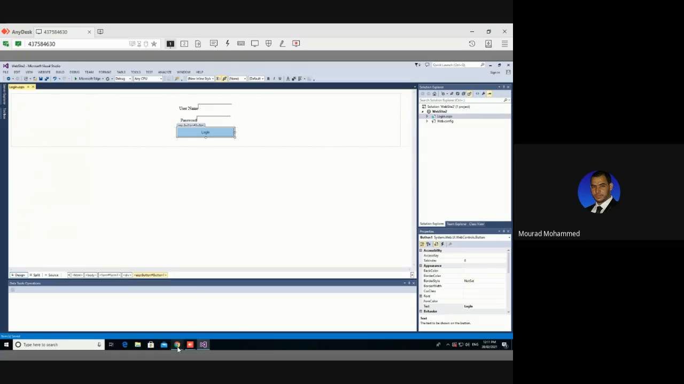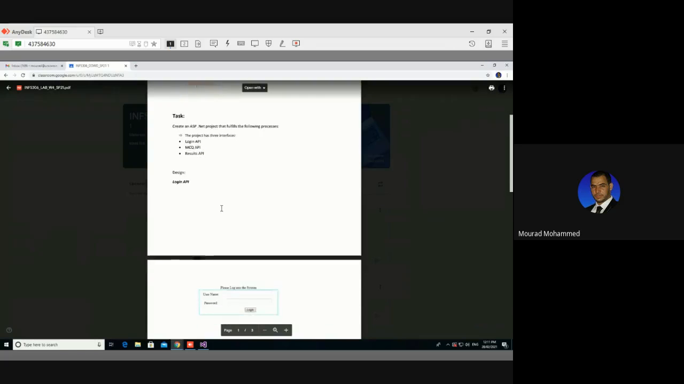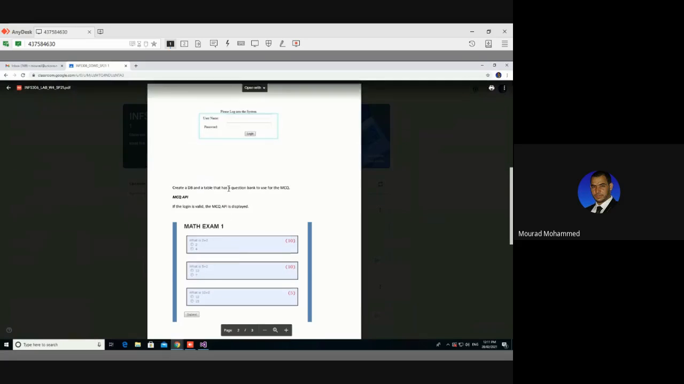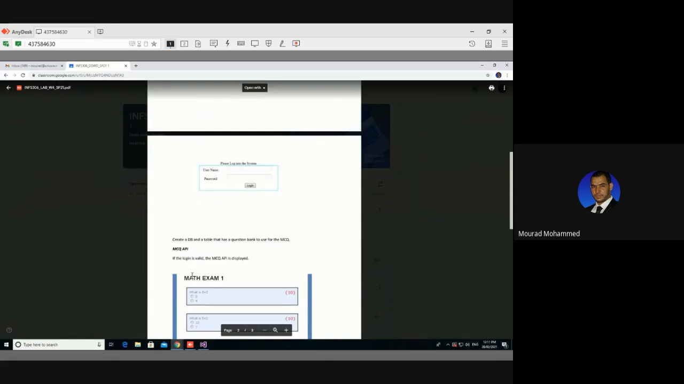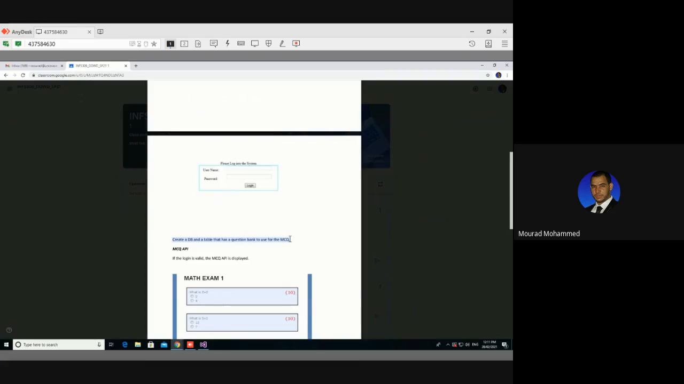To pass to the second interface, the second interface is going to be opened once the user has been authenticated. So if the login is valid, the second interface will be open. But the second interface is going to be displaying the list of questions from a database that we have to create. So